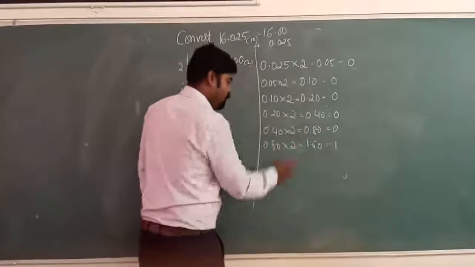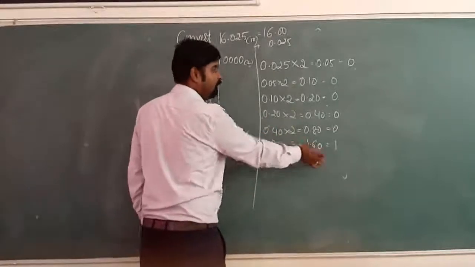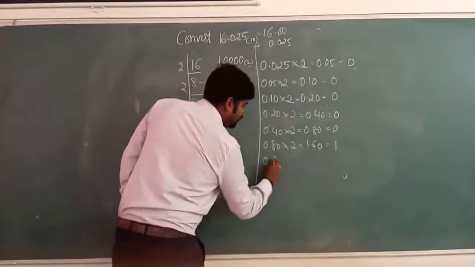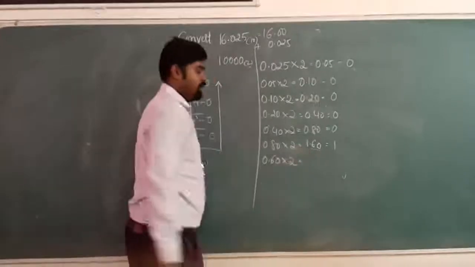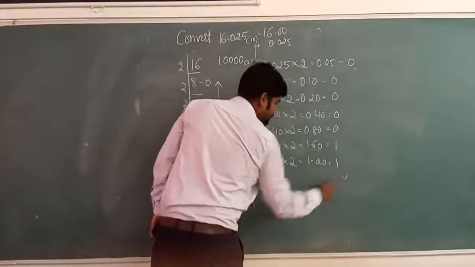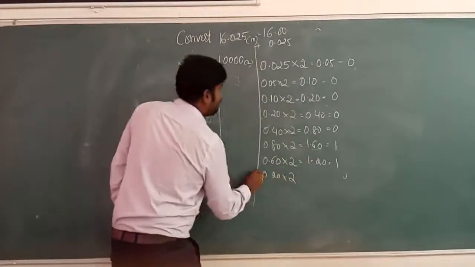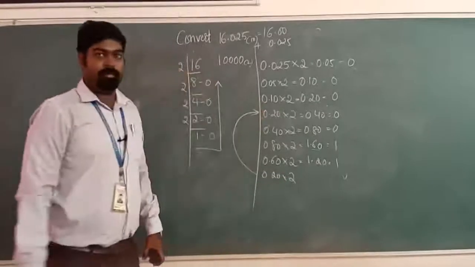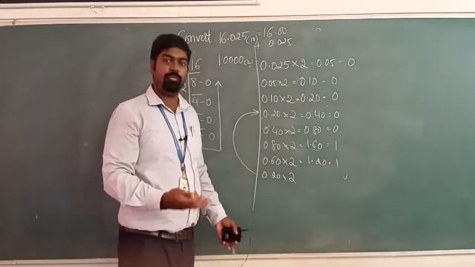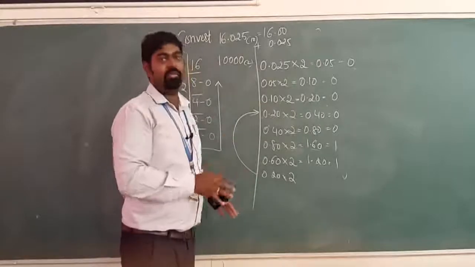What is the integral remainder here? 1. Now when you go for the next multiplication, instead of multiplying 1.60, we are supposed to multiply only the fractional part, which is 0.60 into 2. Now what is 0.60 into 2? Again it is 1.20, which gives 1. Now if you take 0.20 into 2, again you will come back here. Again 0.20 into 2 is 0.4, 0.4 into 2 is 0.8, then 0.8 into 2 is 1.6, again it continues. There is no end to this particular product.